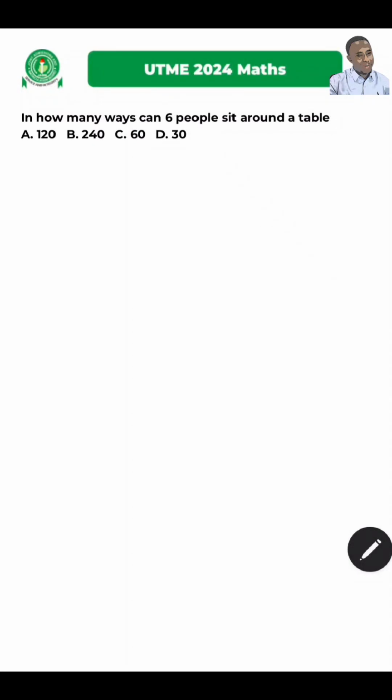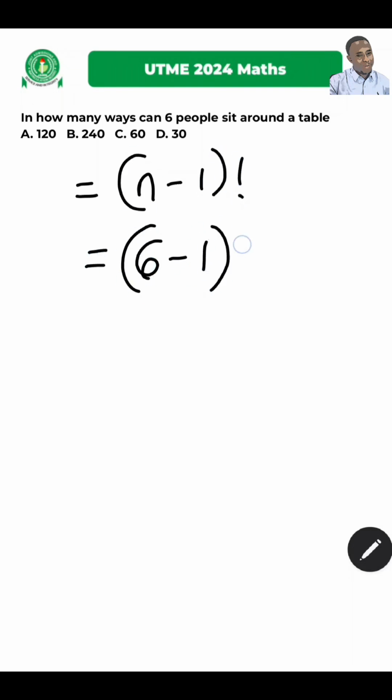Question 11. In how many ways can 6 people sit around a table? This is a simple permutation question, but remember, around the table is a cyclic permutation. No beginning point and no end point. So to do this, the number of ways that 6 people can sit around the table is n minus 1 factorial. In this case, n is equal to 6, so that is 6 minus 1 factorial, and that is 5